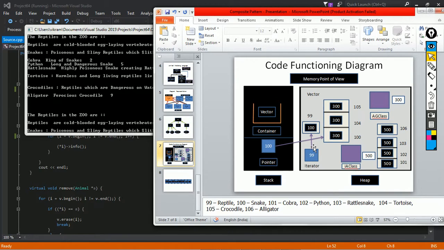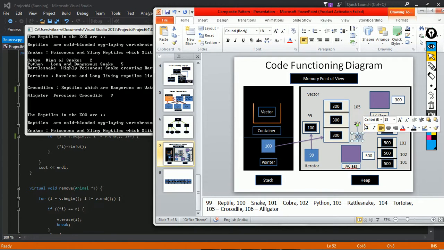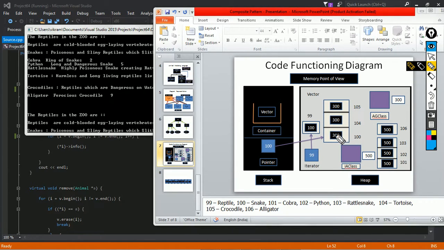Coming back here, you can notice one more point wherein I've tried to show you 100, 104, basically the non-continuous memory addresses, but in reality they'll be in the same block, which I'll be showing in the next slide. So when the iterator comes to an object of animal group here, it will try to go to the animal class.